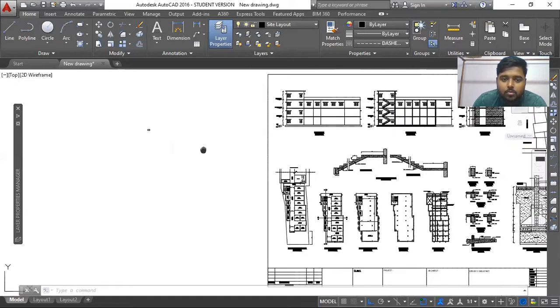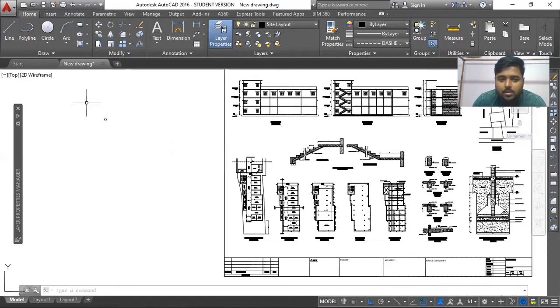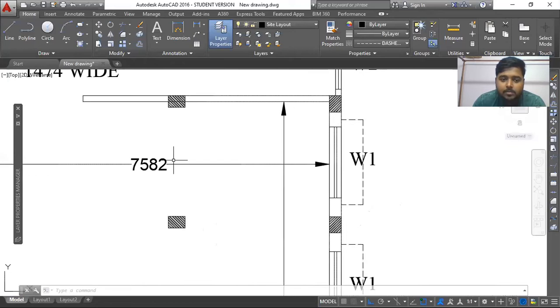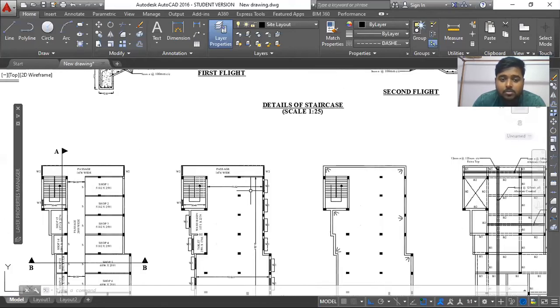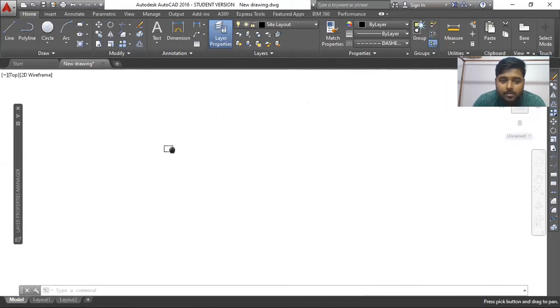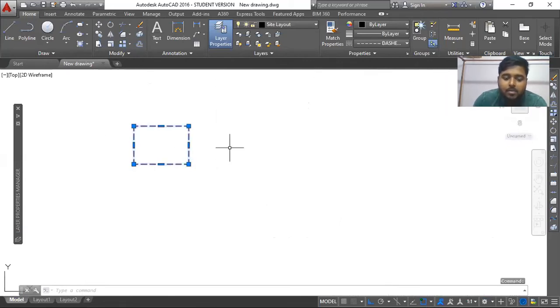So in order to accommodate all these drawings within that particular sheet, we will not scale down the image because it will mess up the arrow sizes, the text heights, everything. So in that case, we'll keep it as it is, but we'll scale up this particular sheet size. So how to do that?